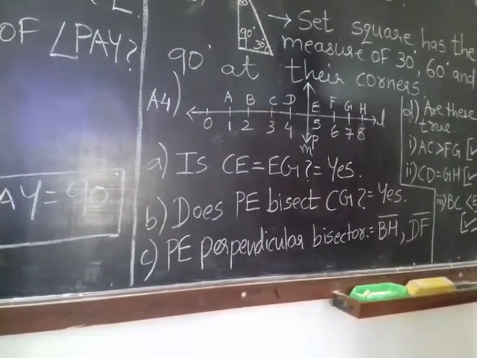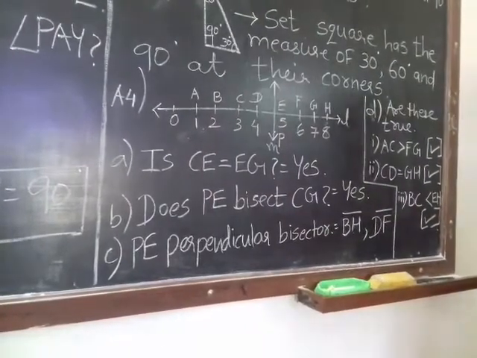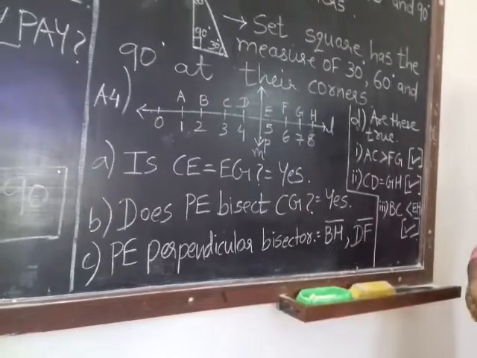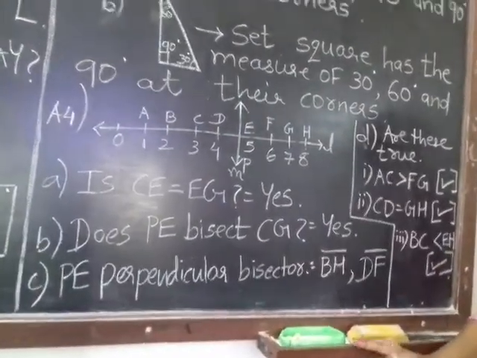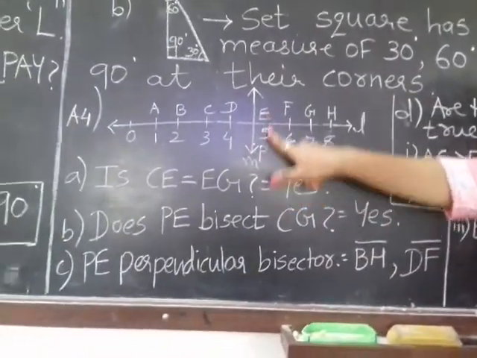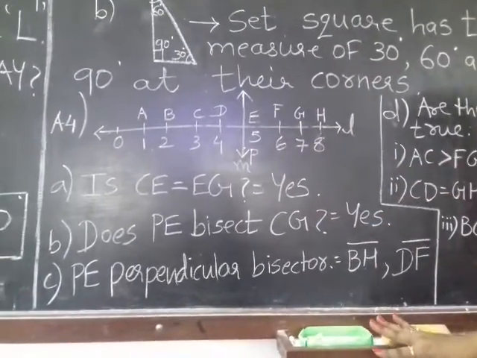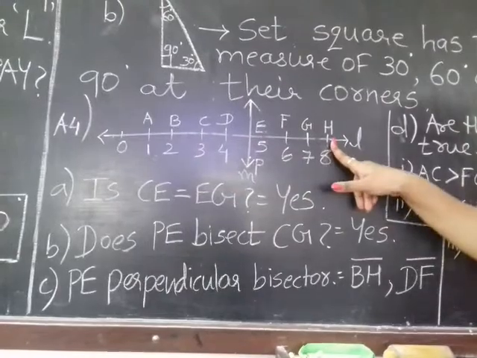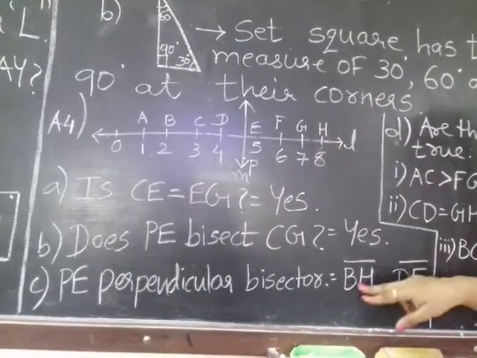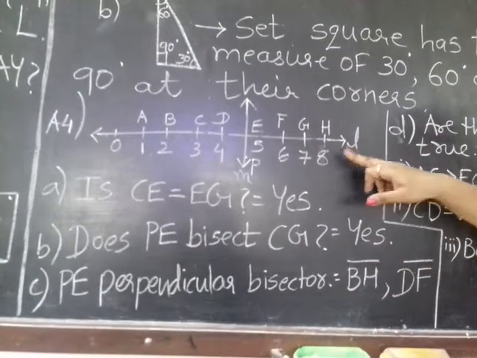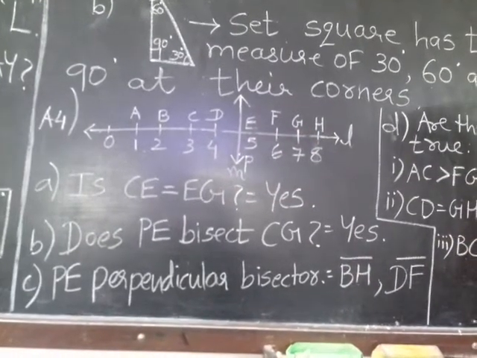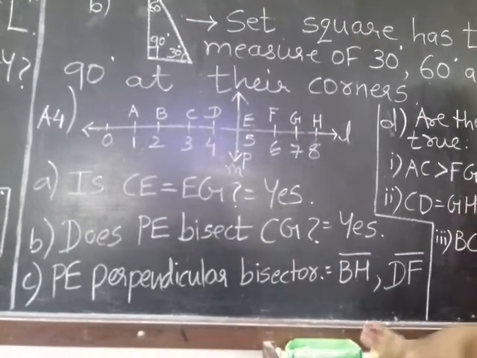Third, that is option C, PE perpendicular bisector. You have to write two line segments in such a way that PE is a bisector of any of the two line segments. So I have written here BH. You can see line segment BH and line segment DF. Any of the two line segments you have to write which is